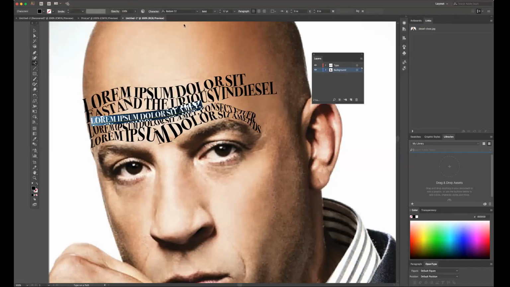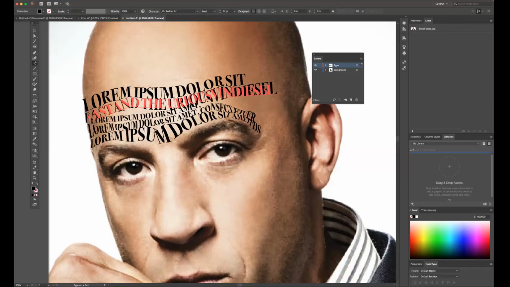And what I want to do is kind of do the same thing where I decrease the size. 12 point, 14 point. I'm trying to fill this gap, so I want it to look like this was on purpose.